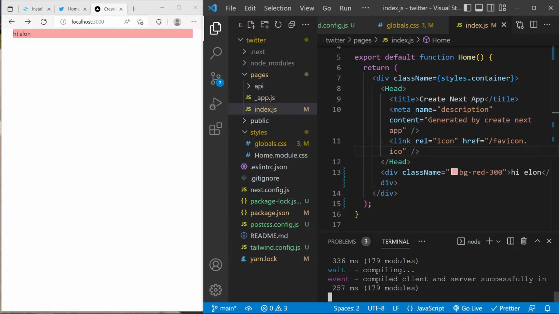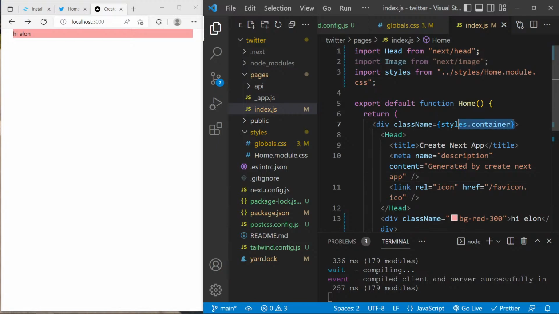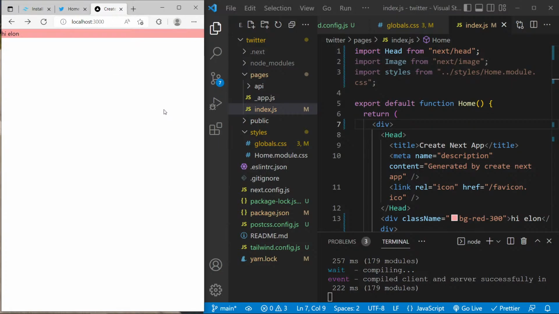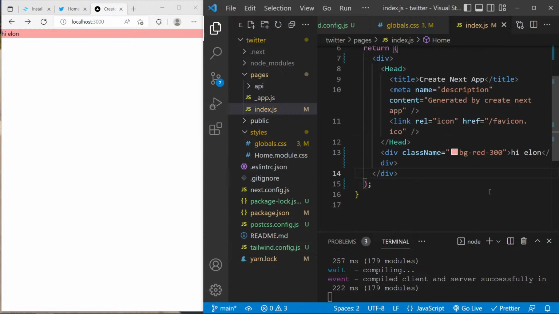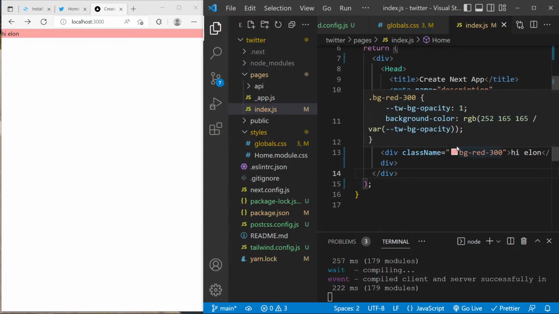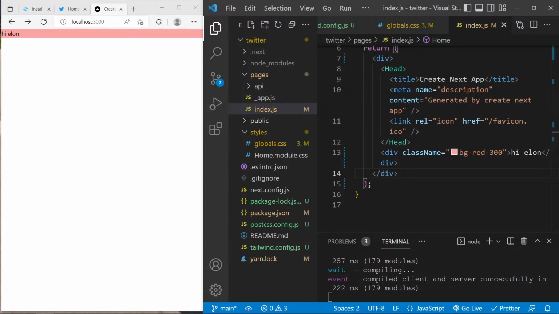Okay, so CSS is working, Tailwind it's working. We can delete this styles.container and save to get rid of this styling. So okay, in this div, instead of